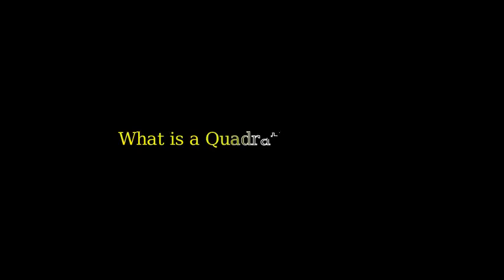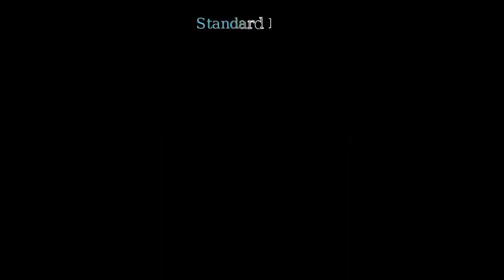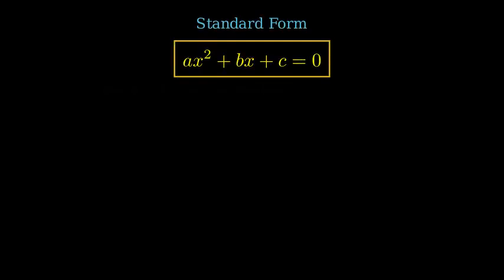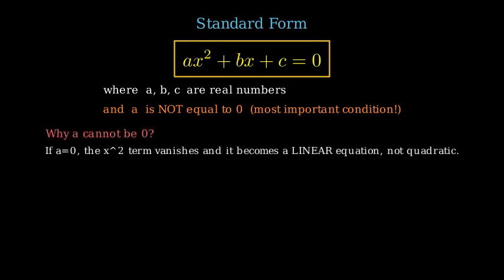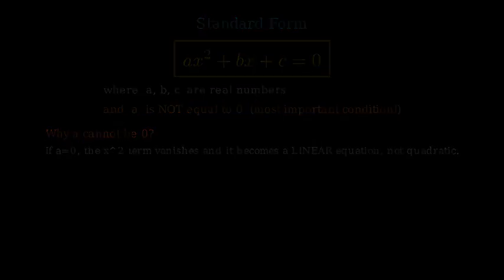What is a quadratic equation? The standard form of a quadratic equation is ax squared plus bx plus c equals 0, where a, b, and c are real numbers, and most importantly a is not equal to 0. Why must a be non-zero? Because if a were 0, the x squared term would vanish and the equation would become a simple linear equation,